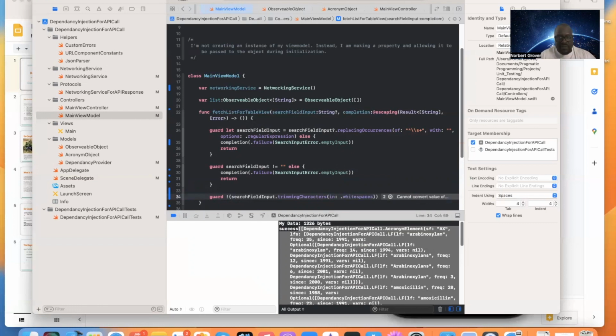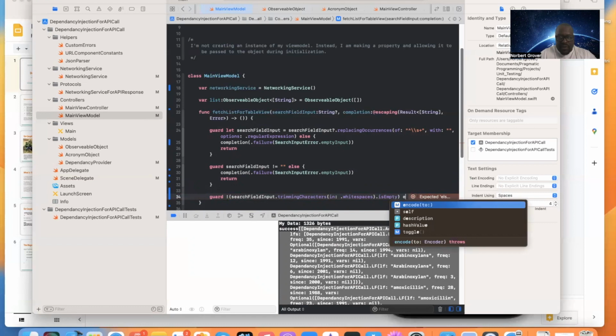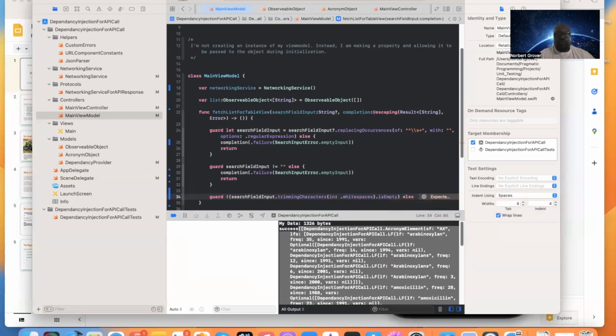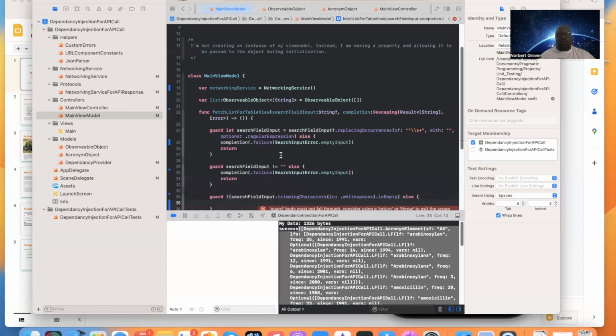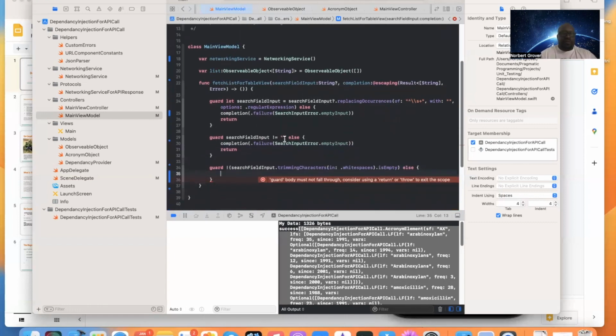White spaces, okay. Dot is empty, right? So else, and so first we're removing leading white spaces. Now we're trimming other white spaces, not just the leading, right? Okay. Else,